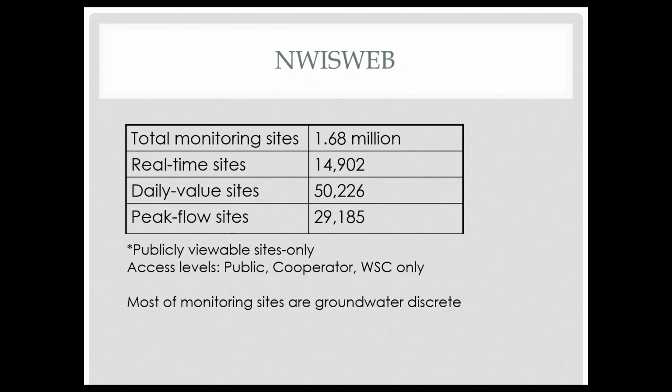And then for surface water, we have a peak flow. So we do an annual peak flow measurement, and we serve that to the public as well. There are access rights, so cooperators may see more of the information than we show to the public. Mainly that is for proprietary reasons, but that information is often released to the public after the